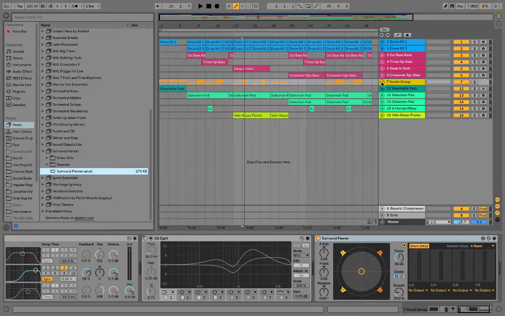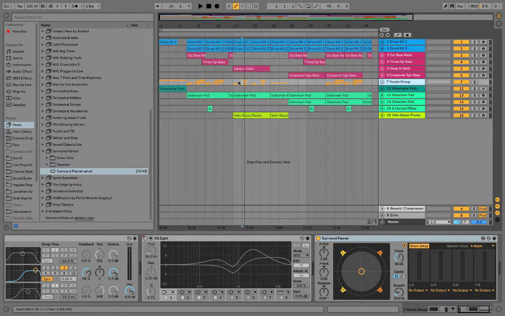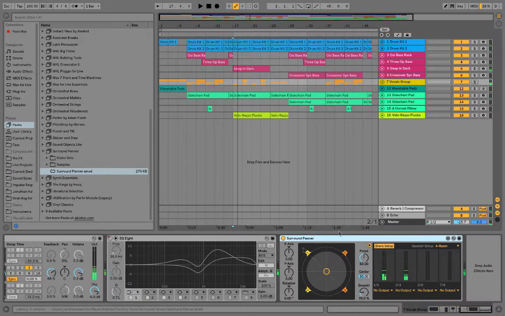We're not going to get into it too much, but now Live has groups within groups, which is really fun. So this is our demo song. You'll come to be really sick of it, I'm sure. And this vocal group, we can see here that the surround panner is at the end of the chain, which is also pretty important. Now, how the surround panner works is that it sends part of the signal to one